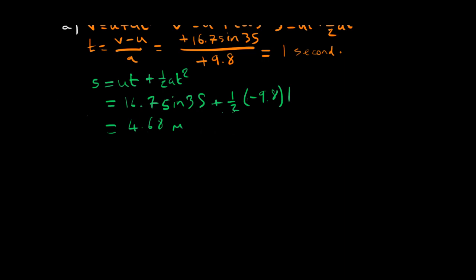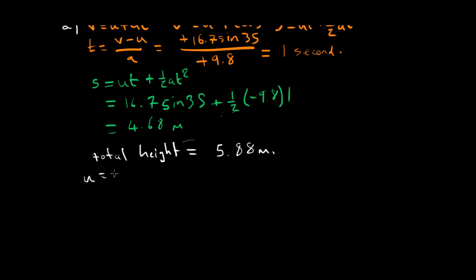So in other words, 1.2 plus this, so the total height is equal to then 4.68 plus 1.2, so that's going to be 5.88 meters or thereabouts. So now we've got for the final part of the question, we've got initial velocity, it's